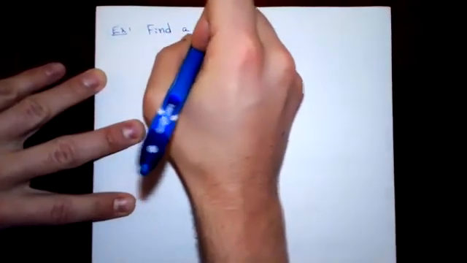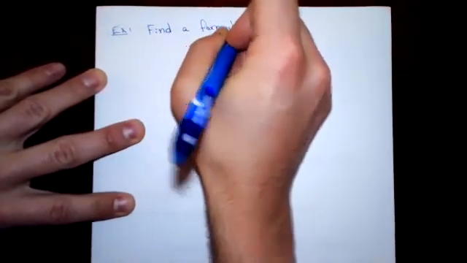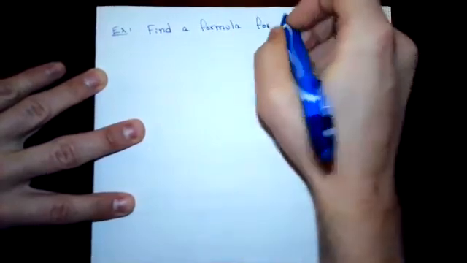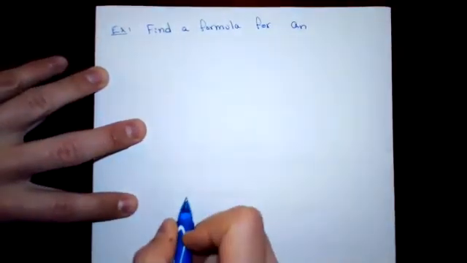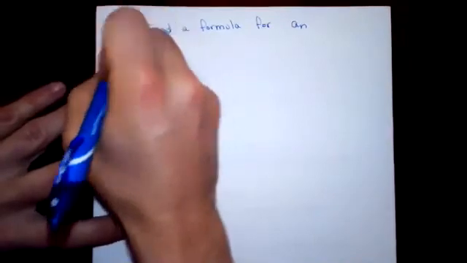Let's do some practice now, though, of coming up with some closed form expressions of sequences. And then maybe introduce this notation of a limit. So we have an example. Find a formula for a_n when we're given the sequence